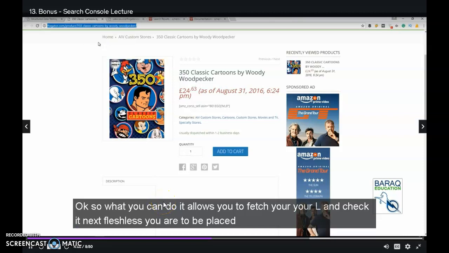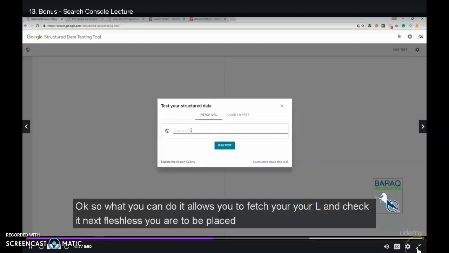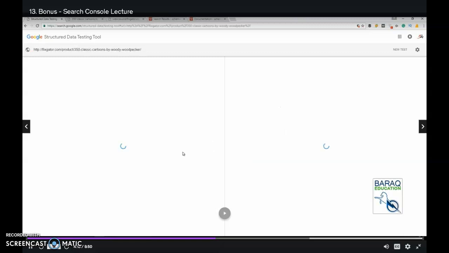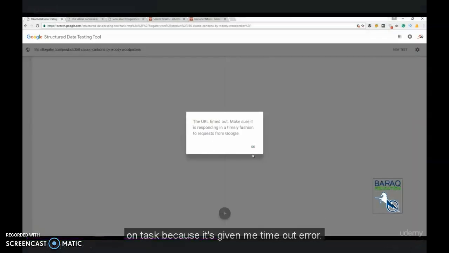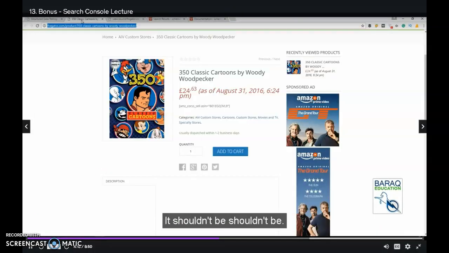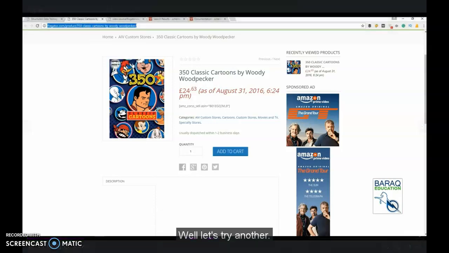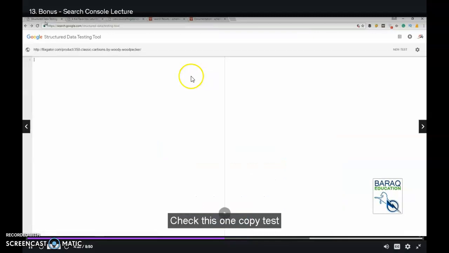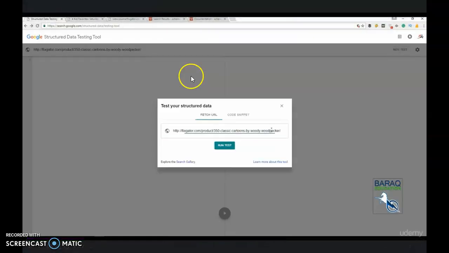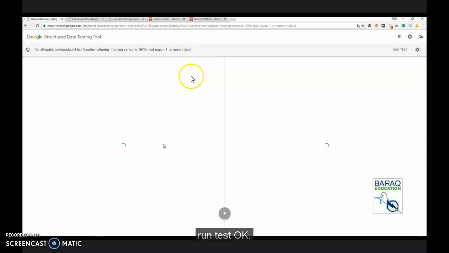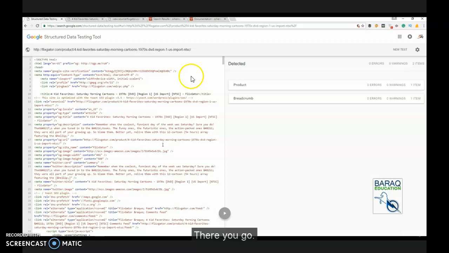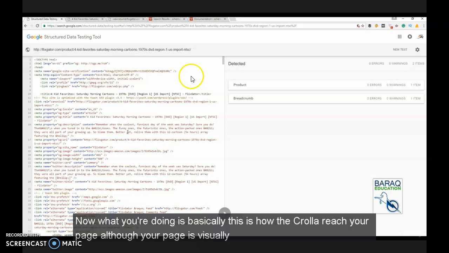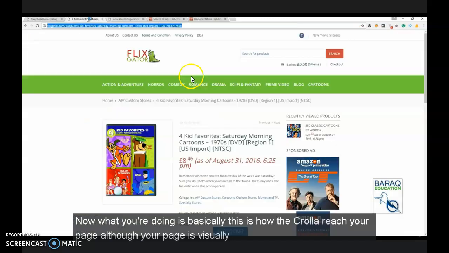Let's fetch this URL, copy, paste, run test. Okay, so it's giving me a timeout error. It shouldn't be. Well, let's try another one. Let's check this one. Copy, new test, run test. Okay, there you go. Now what you are viewing is basically how the crawler reads your page, although your page is